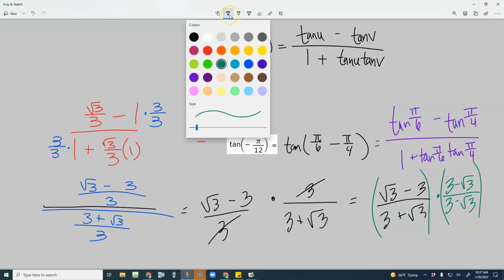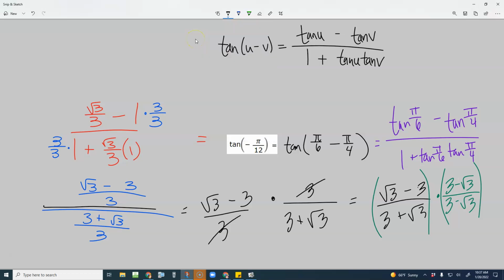That would end up getting you, let's see, 9 minus 3. Square of the first minus square of the last. 9 minus 3 would be 6 over. And if I was to multiply this nasty thing out, that would be 3 rad 3, outer, minus 3, inner, plus 9, last, plus 3 rad 3, which ends up being,